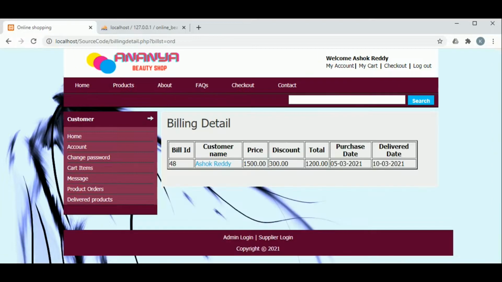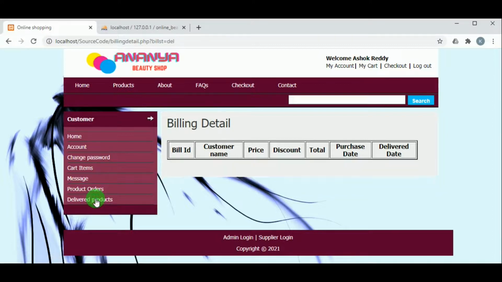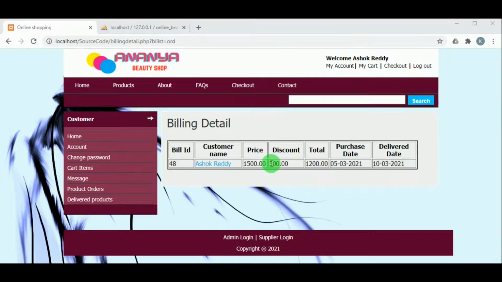In my account, under product orders, the customer can view the products ordered by him with the price and the discount amount and the total amount he has paid. Now let us log out as a customer.